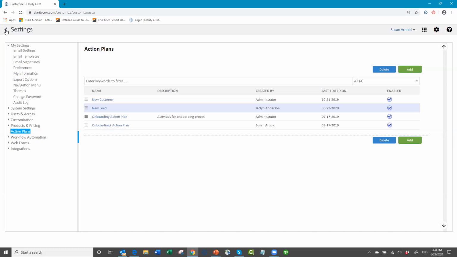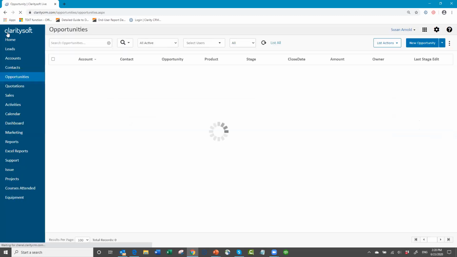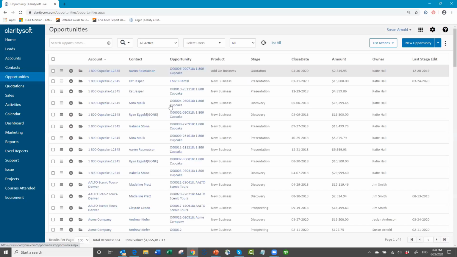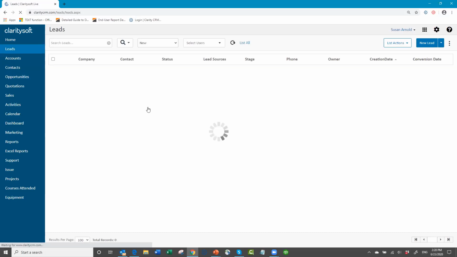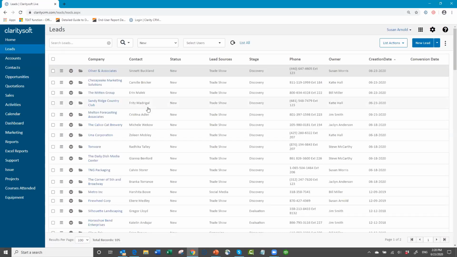All right, so once you've done that, then you go to the module where you want to apply an action plan. You are able to apply an action plan in leads, in contacts, and in opportunities. So basically anywhere where you have activities available to you, you can apply an action plan. So in leads, let's say